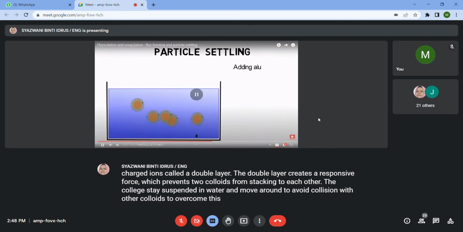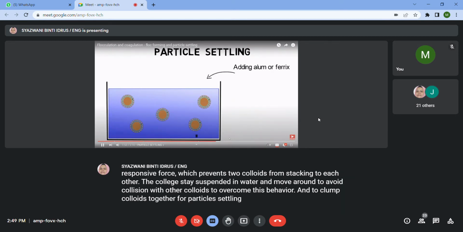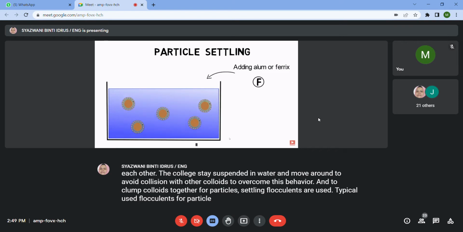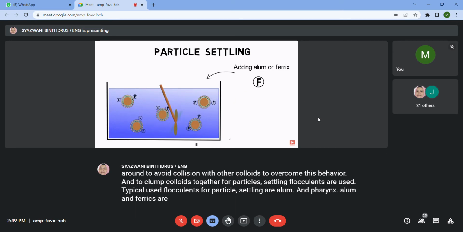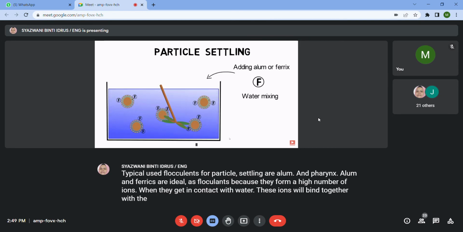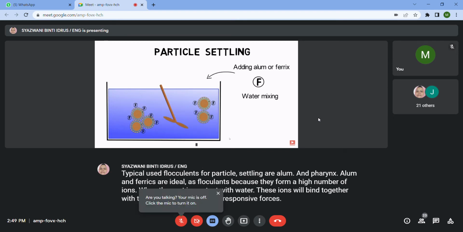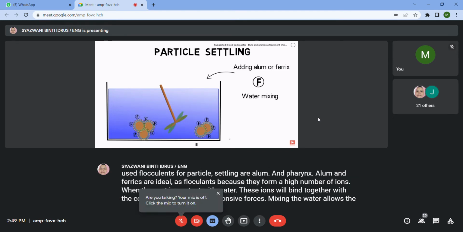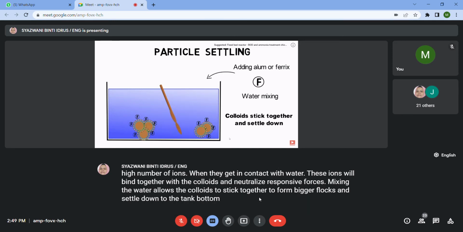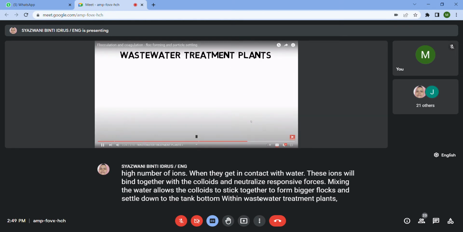To overcome this behavior and to clump colloids together for particle settling, flocculants are used. Typically used flocculants for particle settling are alum and ferric. Alum and ferric are ideal as flocculants because they form a high number of ions when they come in contact with water. These ions will bind together with the colloids and neutralize repulsive forces. Mixing the water allows the colloids to stick together, to form bigger flocks and settle down to the tank bottom. Within wastewater treatment plants, the flocculation